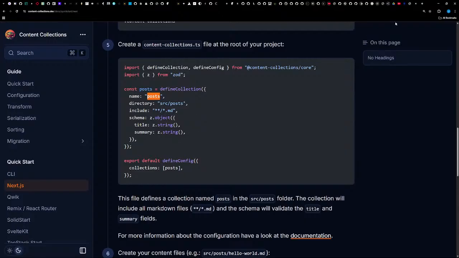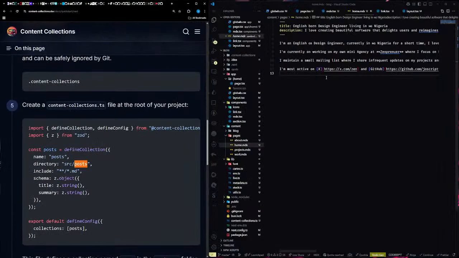So here we are defining the name, and the directory right here is saying this directory is going to be a source, because these people are using this source folder if you want to create Next.js, or the app directory. So right here they're using the source folder, and in there they have a folder named post. Okay, so in our case, because it says create a content collection.ts file,